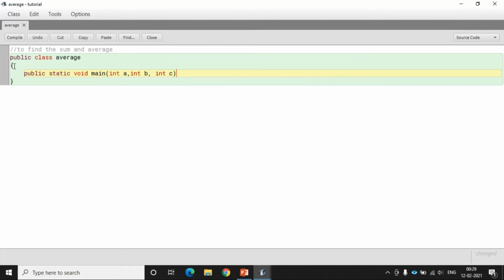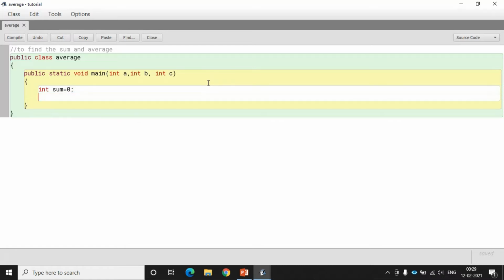That means the variables whose values should be taken from the user will be declared here. Now after that we need one variable to find sum, so we will write int sum = 0. Why 0? Because it is dynamic initialized.